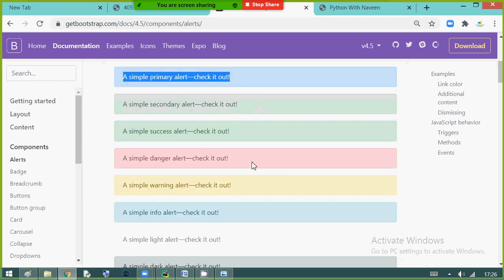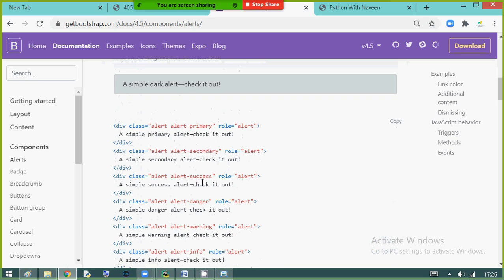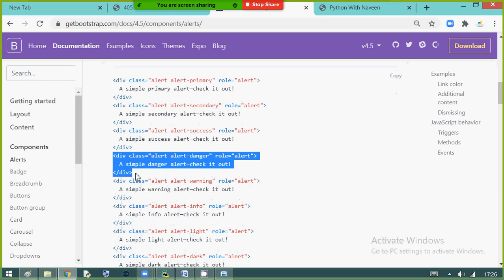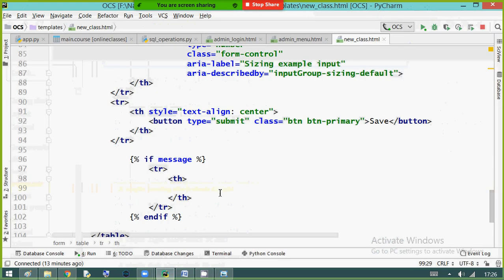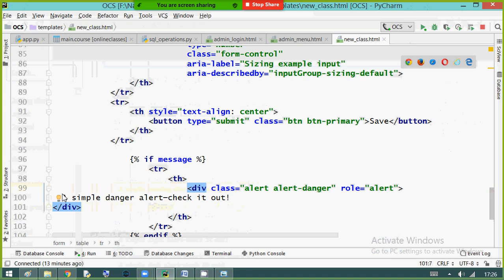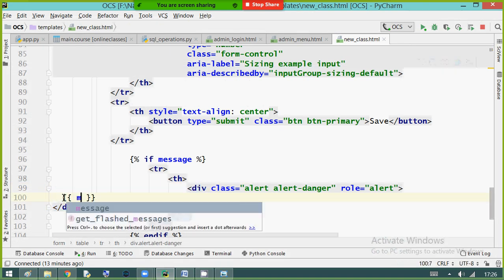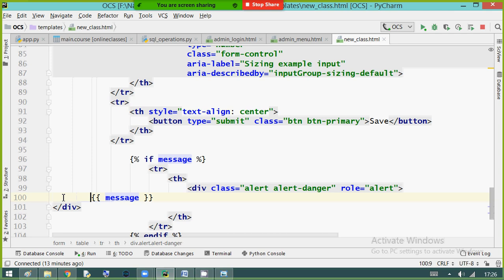One, two, three, and the fourth one I am taking. I am copying the fourth one into my code, saying I am displaying the message. That's it.